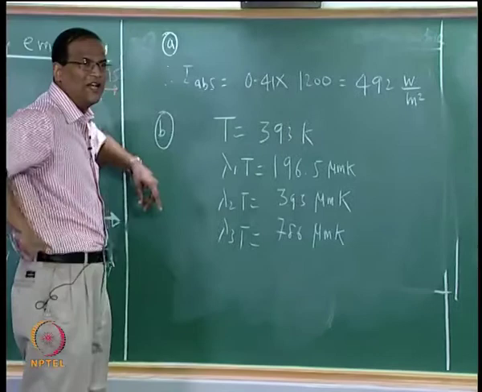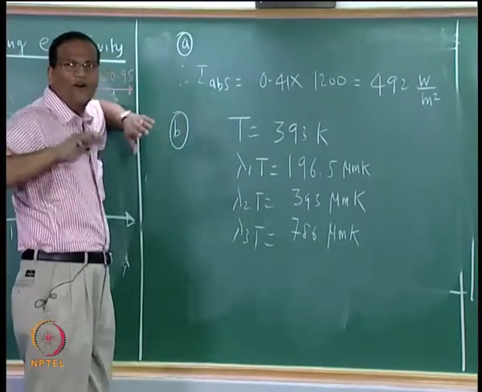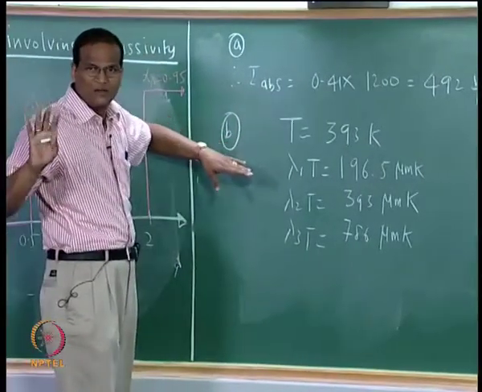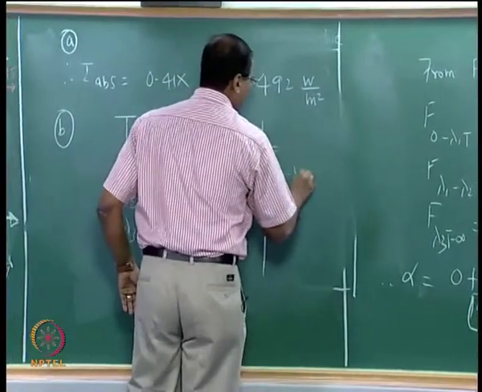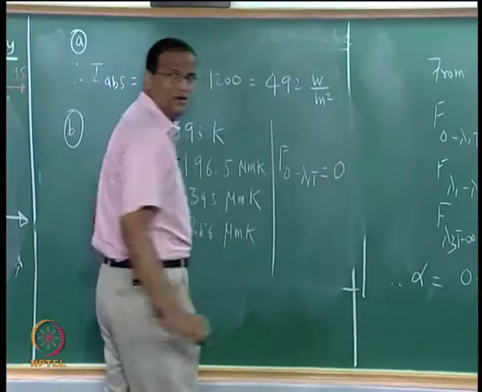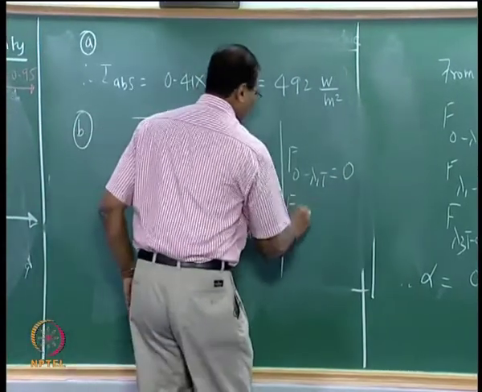I think all are 0, right? All are 0, last one is having some trouble. Okay, now f of 0 to lambda 1 T is 0, f of lambda 1 to lambda 2